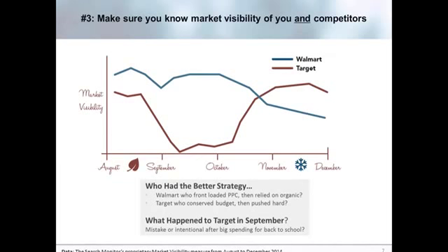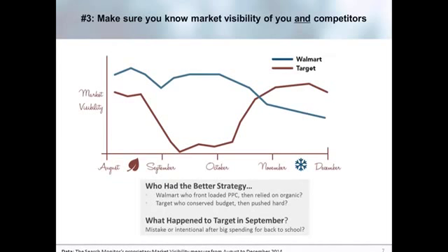Which one's better? Which strategy works better? That's something that we don't have the answer to. It's more of a great question to pose and see, which one do you want to be? Do you want to be the Target line where you sort of trail off into nothing but then have this huge surge? Or be the Walmart line where you're sort of steady, steady, steady the whole time, and then maybe